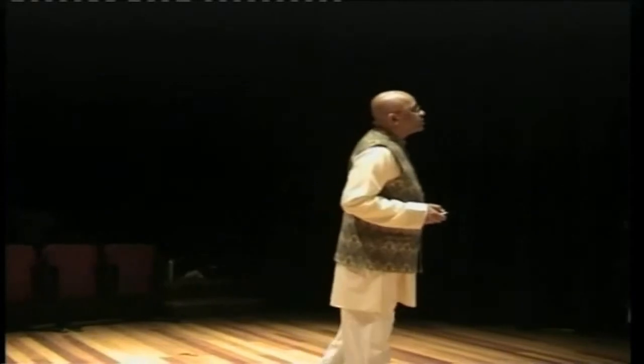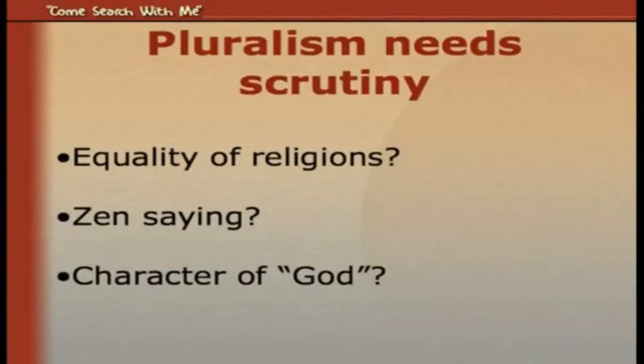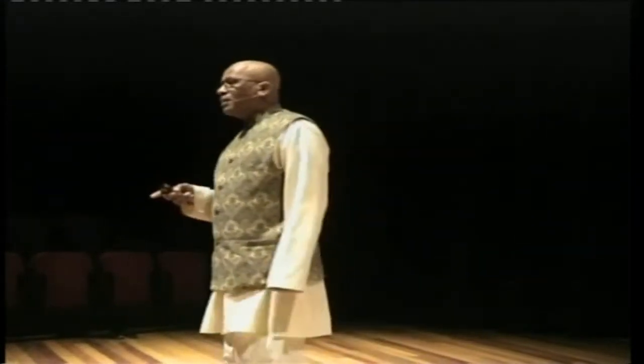So the written codes clearly claim exclusivity. Each religion claims to be the only way. So I wanted to scrutinize that. Equality. Remember they said that all will be equal? Now the word equal, by its own meaning, means that there is a reference point. If you and I say that we are equal weight, then we have stepped on the same weighing machine, right? Not even a different weighing machine. We stand there and check it out, I'm this many kilos, you're this many kilos. Now we can say we're equal weight.